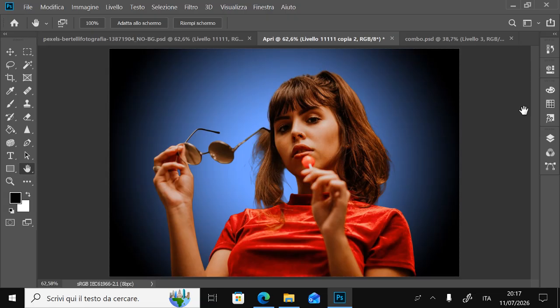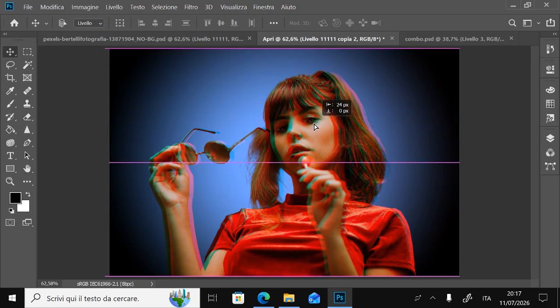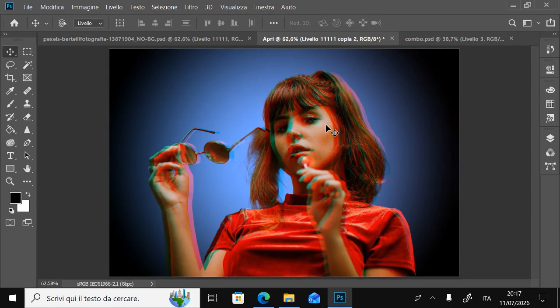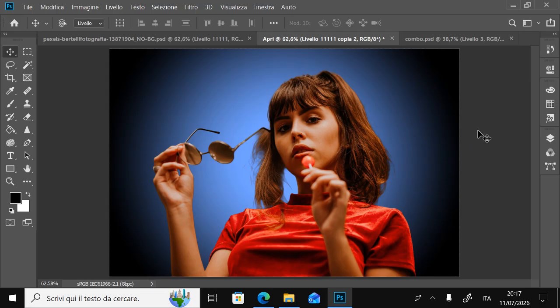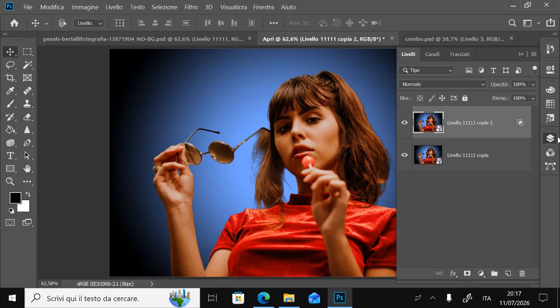And we don't see anything right now because we need to move the image to see the effect. In fact, if I move the image, I can see the glitch-like doubling effect. But we will proceed in another way. In fact, now I'm gonna add a magic filter. No, it's not magic, but it's a very powerful one. I'm talking about the displace filter. So I will go here, filter,